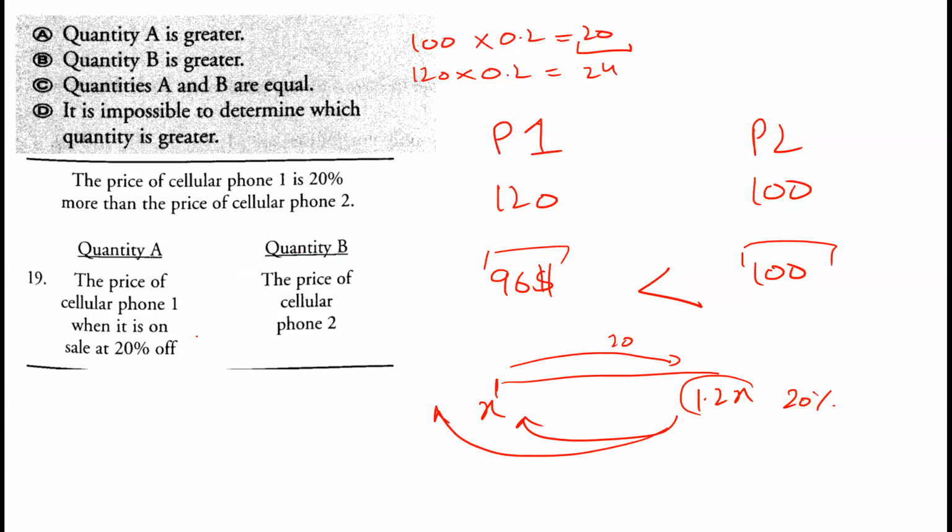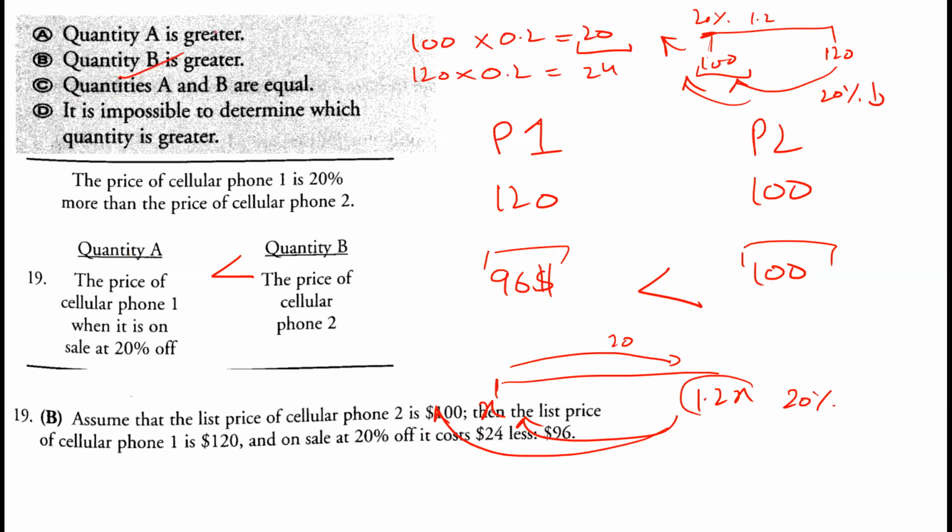In this particular instance, we had $100. So we went up by 20%. So it went up to 120. Now, if we go 20% down, we don't get back to 100. We go a little less. We go back to less than 100. That is the reason quantity B would be higher. So A, that is 100, is more than this lesser amount of 96. So option B is correct.